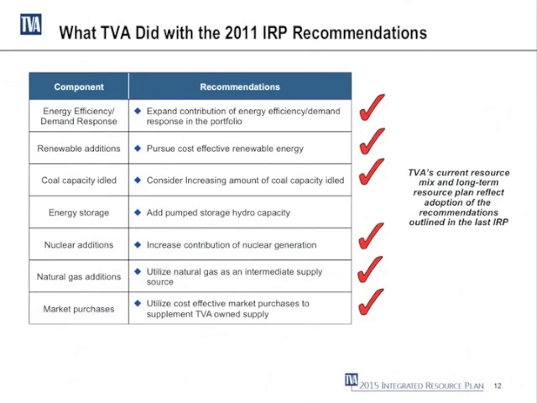This slide shows the components of the IRP recommendations and what they did. You can look through those, but if you notice from the red check marks on the side, you'll see they did follow through with most of what they had planned to some extent, maybe not as aggressively as we would have liked. The energy storage is kind of an outlier. That's not really a priority right now. The Raccoon Mountain Pump Storage Facility had some problems, so we're going to give them a pass on that one.